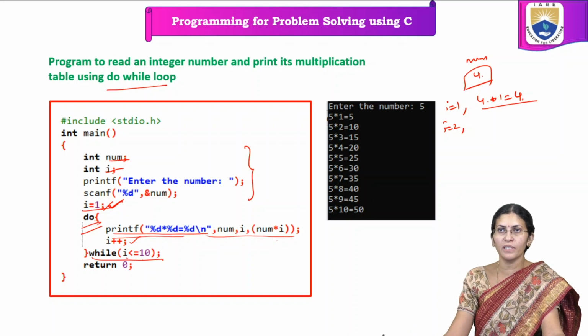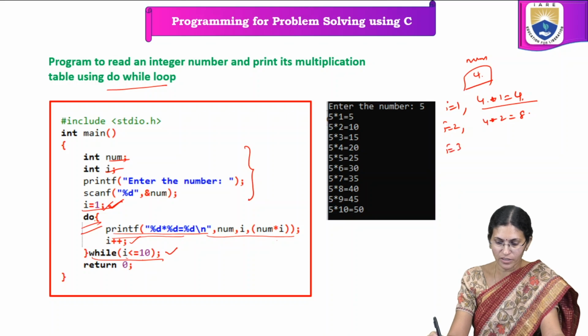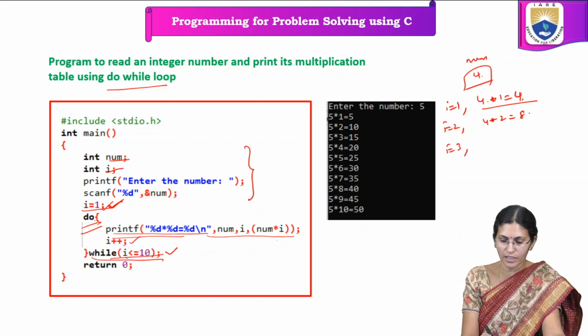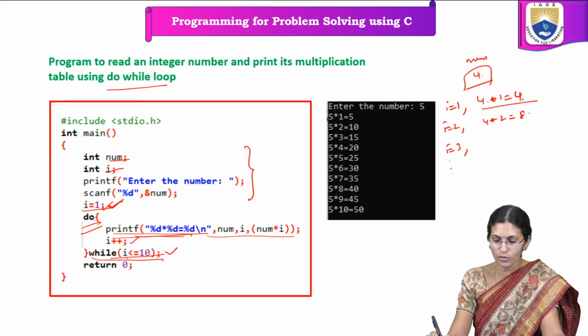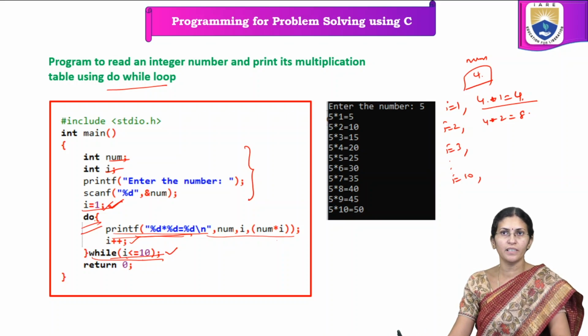So this statement will be executed first, and then after that the condition is checked. So 4 into 2 is equal to 8. Next after that I is incremented by 3. Then condition is checked. This statement is printed. So in this way, this loop will repeat from I is equal to 1 to 10. So in this way, we can write the program to read an integer number and print its multiplication table using